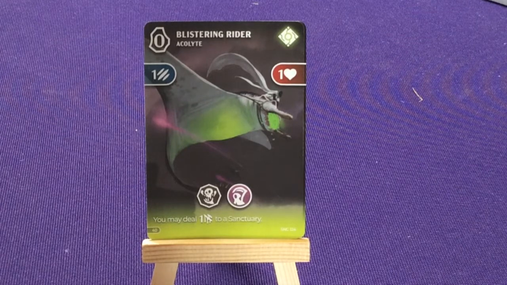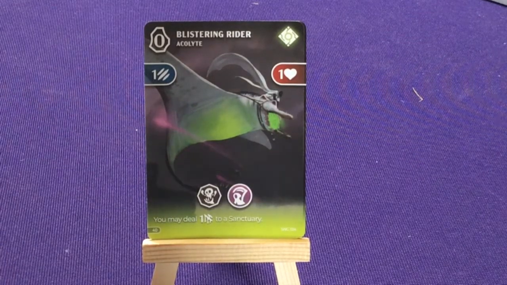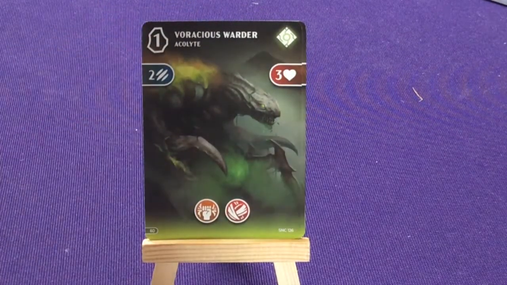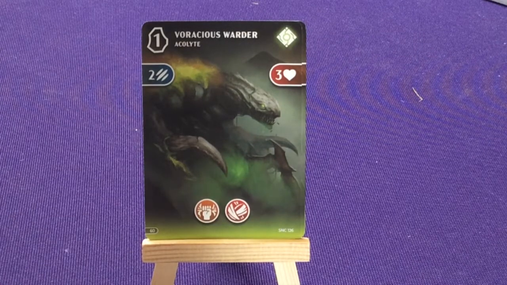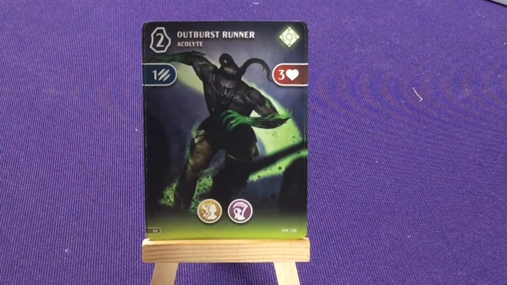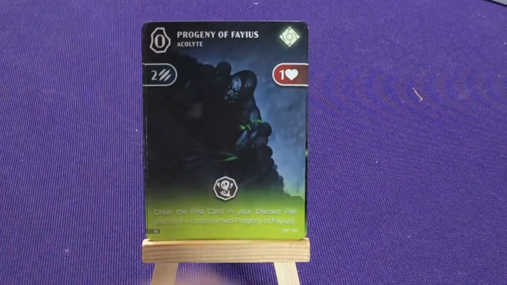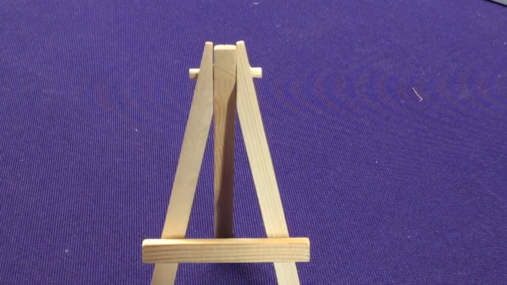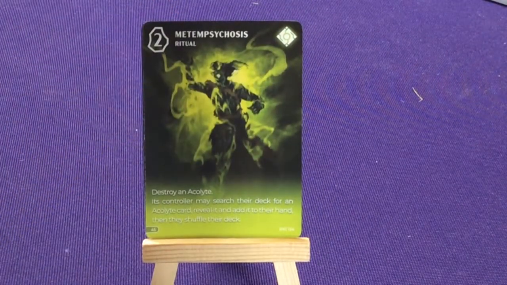When it dies, you may deal 1 damage to a Sanctuary. Imagine you keep using that one over and over because they're afraid to attack it. Ravenous Wanderer. One of the only guys that doesn't have one of those abilities. Nice. An Outburst Runner. Doesn't have them either, but he has Reaper. Prodigy of the Feus. When he dies, draw the first card in your discard pile, except if it's named Prodigy of Feus. Nice. I like this site. Yeah, it's kind of cool. Like back and forth, dying, resurrecting, using abilities ahead of time. That's really cool. So our rituals are